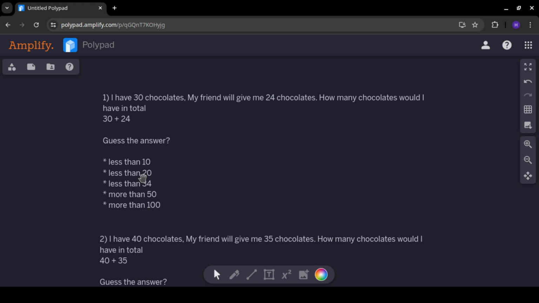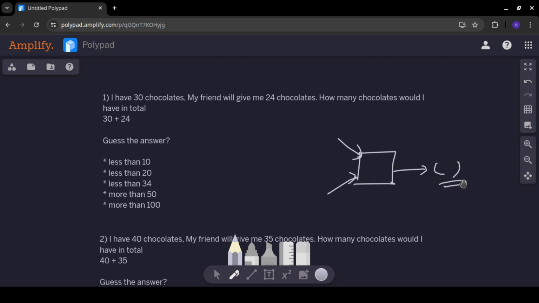This may be obvious for us, but children might be thinking of it just as a black box. So their addition could be, I have 2 values, I just feed this into a black box, which is our algorithm. I get something and this is my answer, whatever that may be. If this is the idea that children have, they might not realize that it should be more than 30, it should be more than 34, right? And through this guessing game, we could try to bring this out.